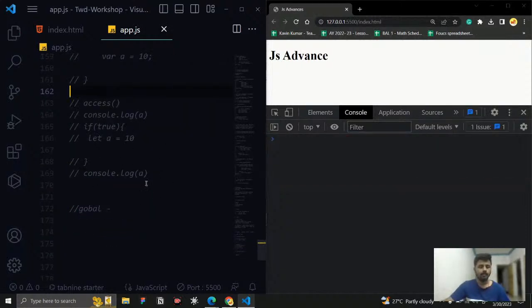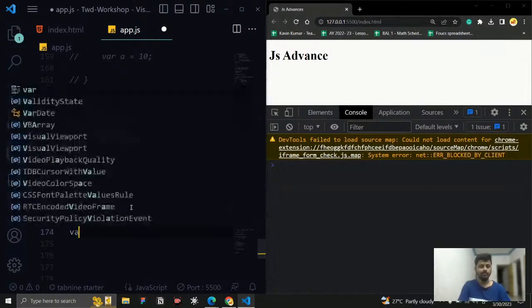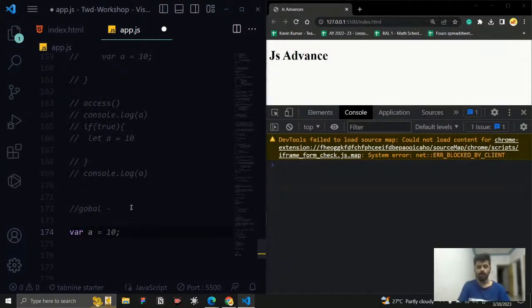And one more thing that you can notice is when you are creating a variable with var, this is going to store inside the global object. But when you create a variable with let, it will store inside a special scope. It does not store the variable inside the global object; instead, in a different space, it is going to store it. So let me show that. If I say a equal to 10,